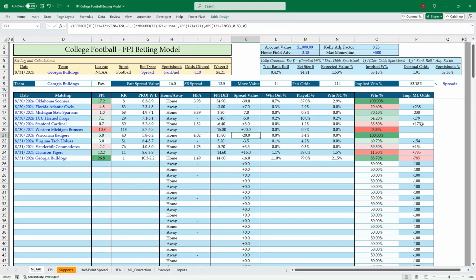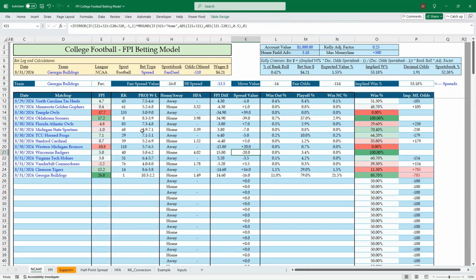So the same logic works as you shop for moneyline bets. I would say use a lot more caution on the moneyline when you get into collegiate sports, because the variability, the market width on those moneylines is going to be pretty wide. I would definitely focus more on the spread side with college football. But I've given you a couple of great bets and hopefully all the tools you need